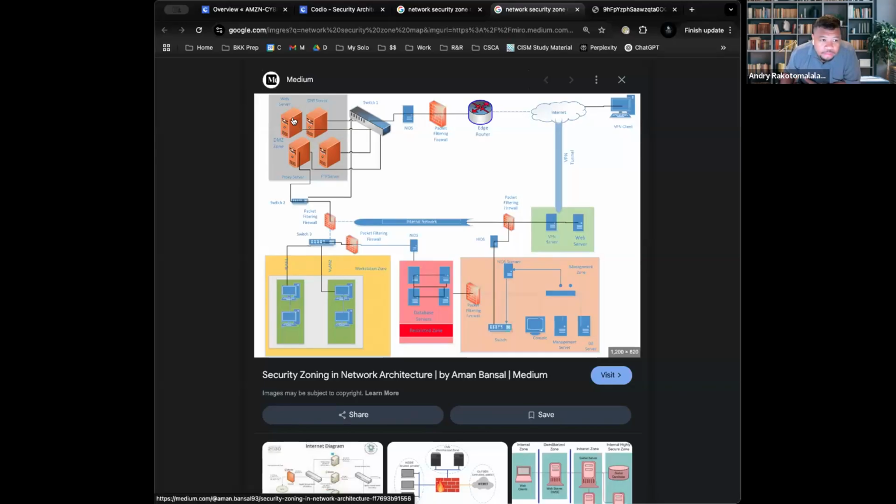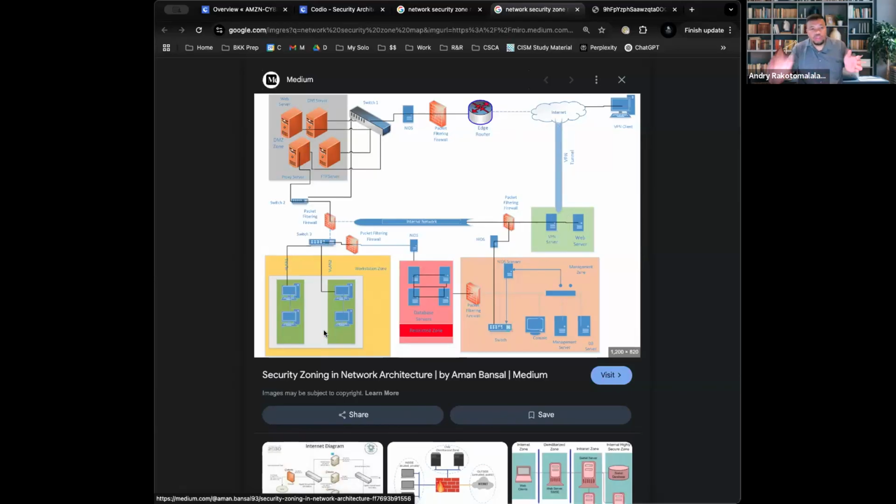Okay? Now, this right here, I was incorrect. This is the demilitarized zone. In this case, if you have a VPN, then you can access another version of the web server, which is probably an internal one. And so let's say you're still the client, you're still trying to access that kind of stuff. Okay, great. Now let's say you want to access the internal network, same process, VPN, get into the internal network, yada, yada, what have you.